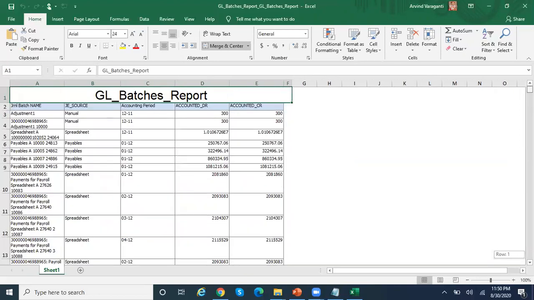This is just a sample report. Based on your requirement, you can parameterize it, and the user can also add additional conditions so that the report is generated only for specific ledgers, specific periods, or specific journal sources and so on. So this is how you create a simple BI report.